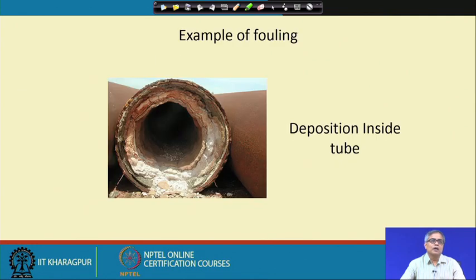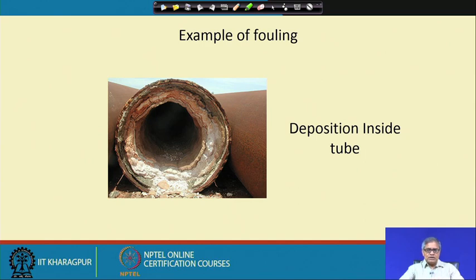Now I wanted to show some fouled components of heat exchangers. So, this is a tube of a heat exchanger, a typical tube, and you can see inside there is deposition, there is fouling, and how the diameter of the tube has reduced. So, obviously, one can think that the liquid is very much fouling prone. Not only that, proper servicing probably has not been done from time to time. So, that is why the tube diameter has reduced to a very large extent. So, deposition inside the tube.